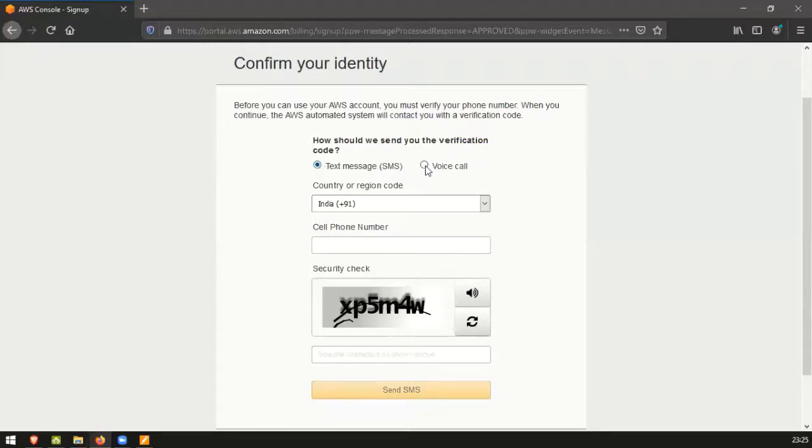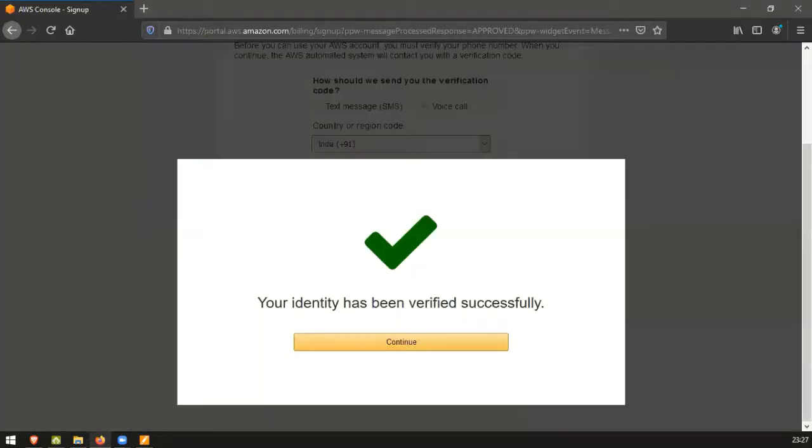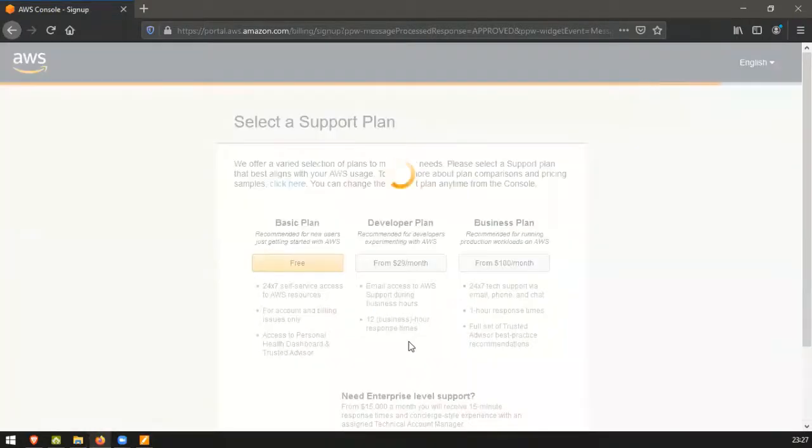I will go for voice call, add my number, and complete the security check. They will call me and give me a 4-digit verification code. I have to enter it and confirm my identity. So I will complete the whole procedure and continue in the next page. After successful verification, you have to click on continue.